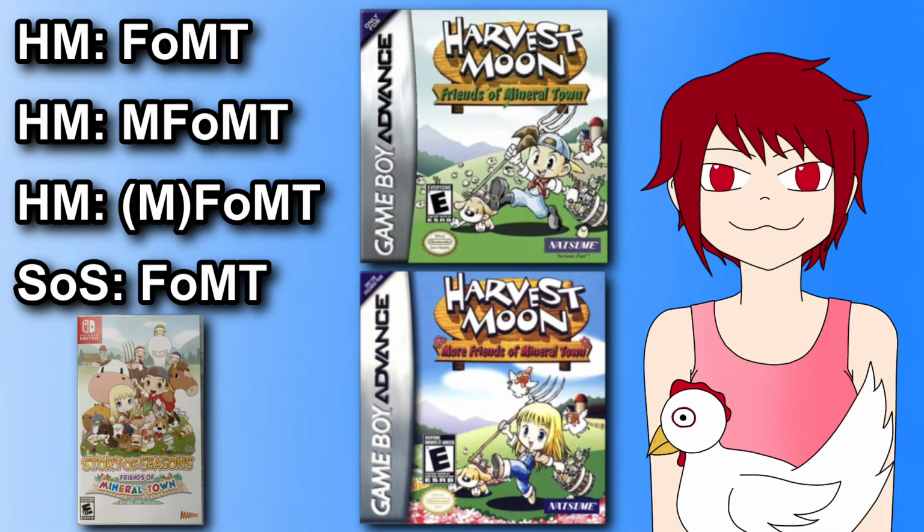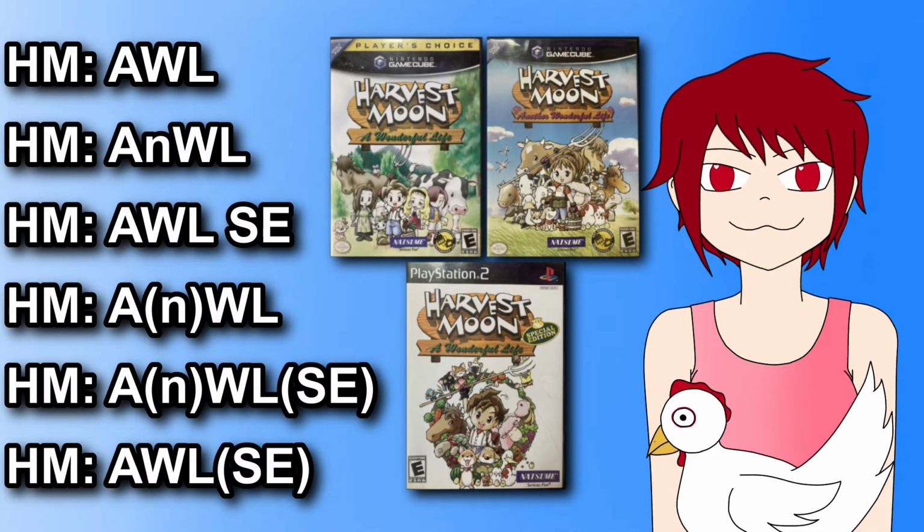Friends of Mineral Town, FOMT, small o. You add an M at the beginning for the girl version, put parentheses if you're talking about them both, and then if you want to talk about the remake and not those other ones, you put SOS instead of HM, obviously. For Wonderful Life, AWL, add a small N in there for Another Wonderful Life, and then SE for Special